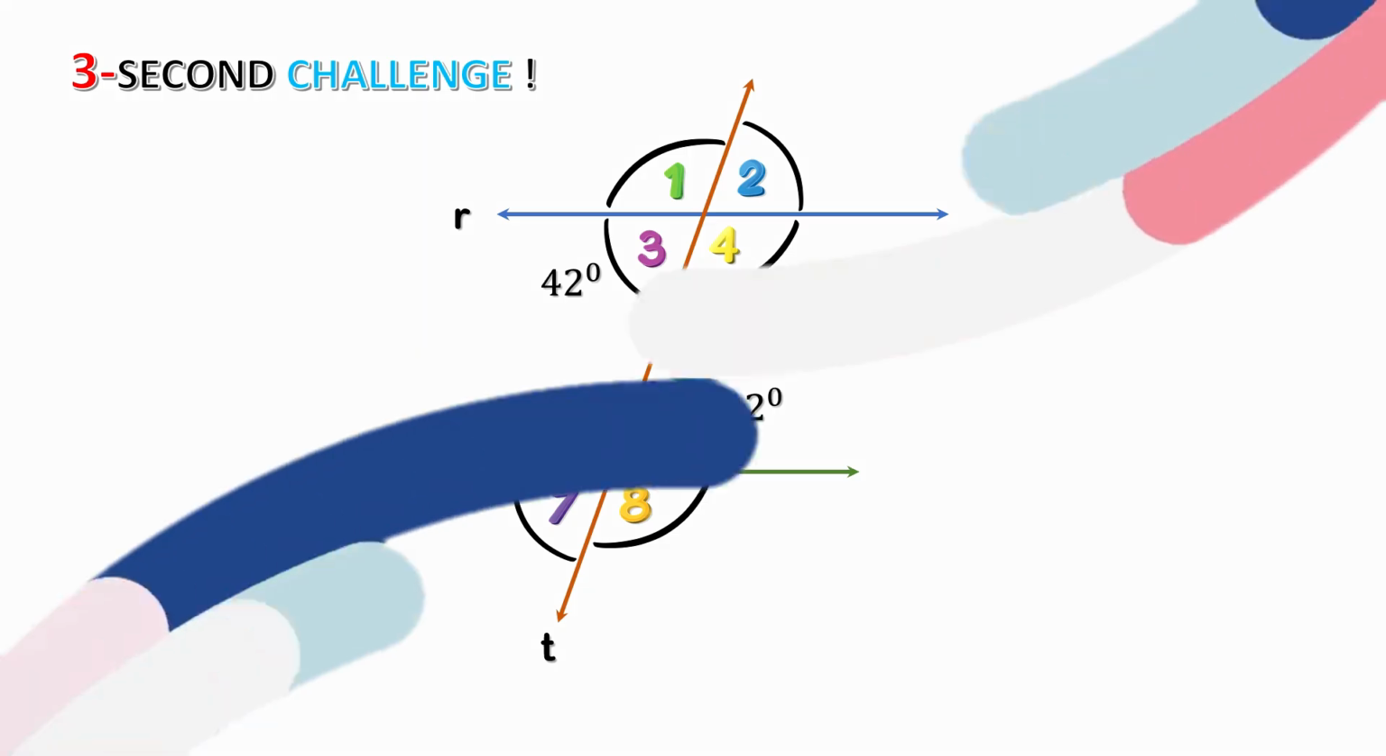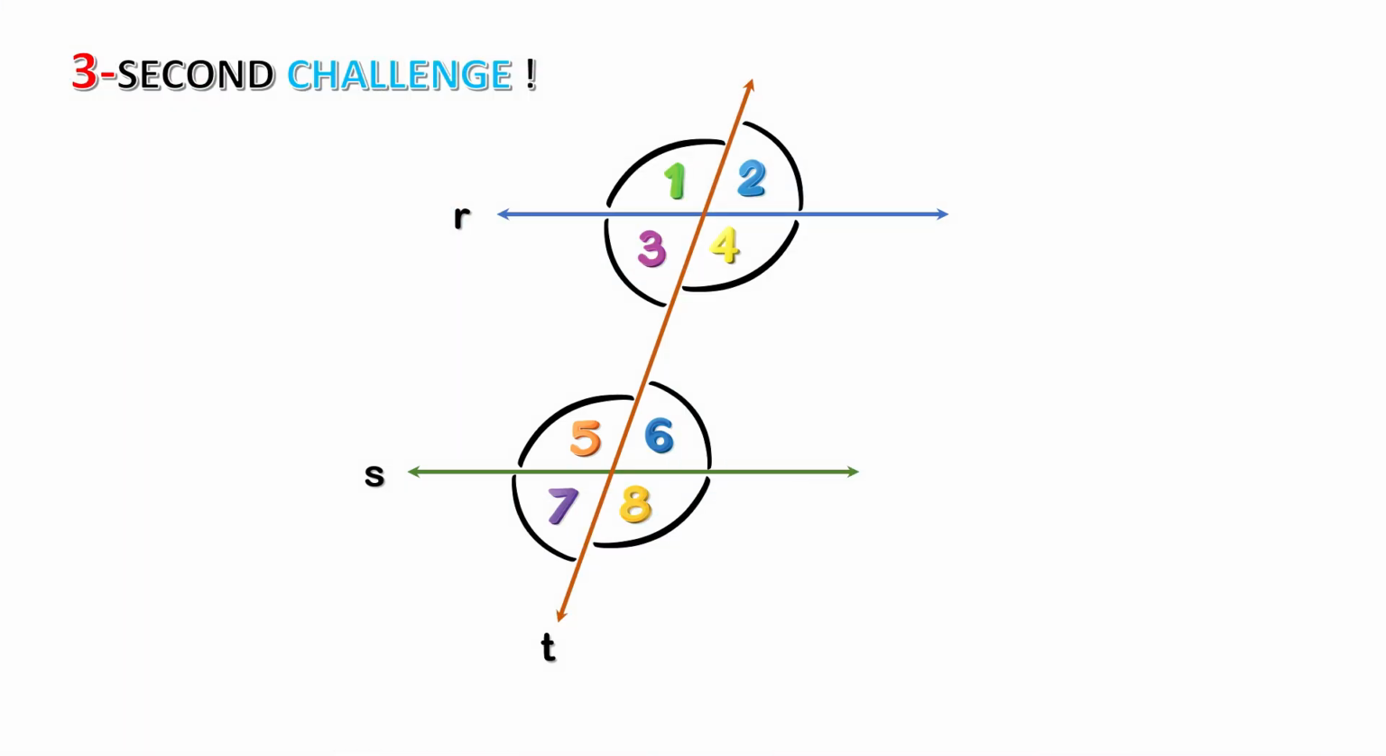transversal. Challenge 2. We know that the measure of angle 2 is 78 degrees. What is the measure of its pair? Hurry up. Correct, 78 degrees as well, because they are outside the parallel lines and are located on opposite sides of the